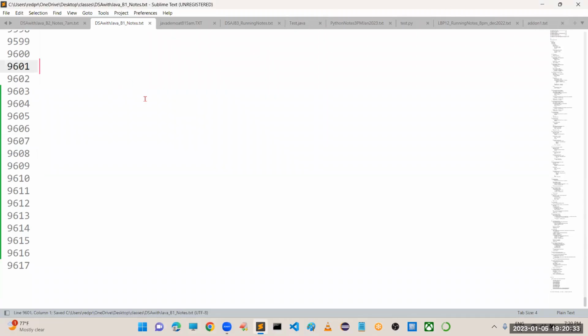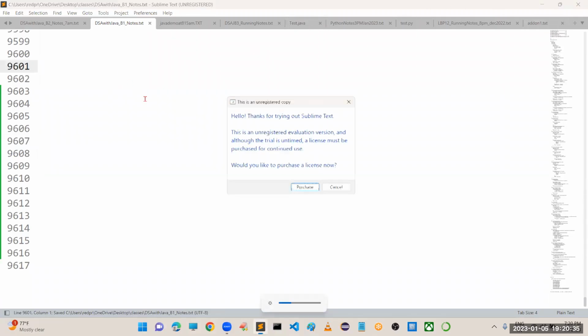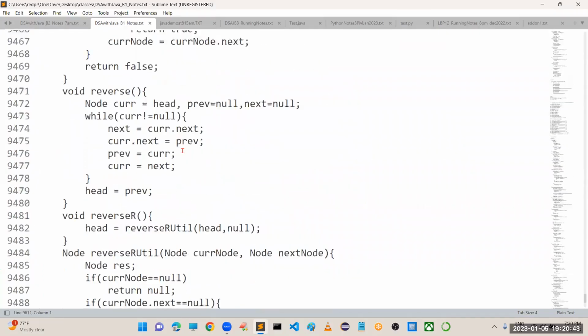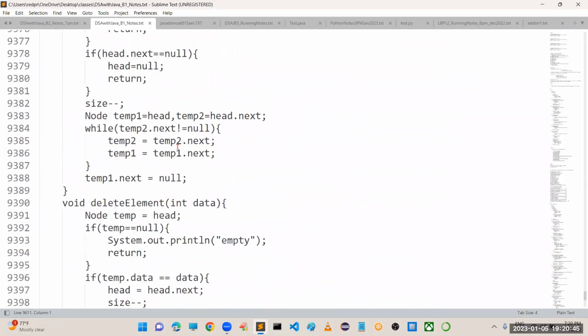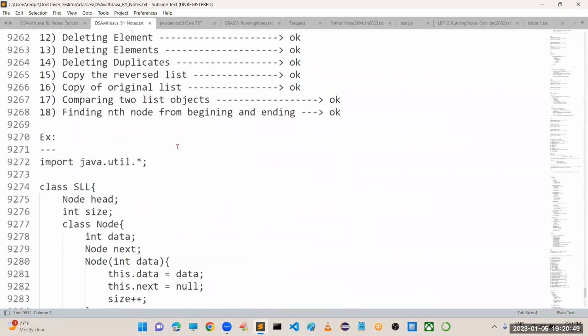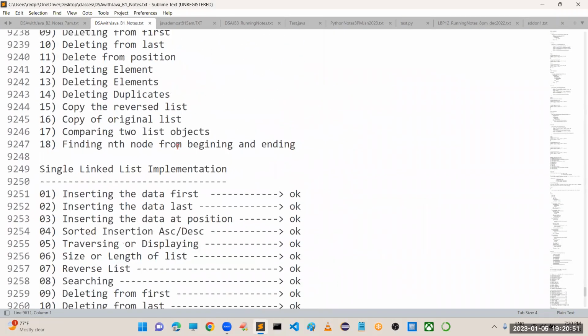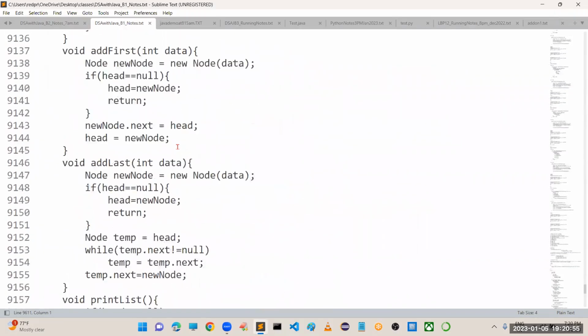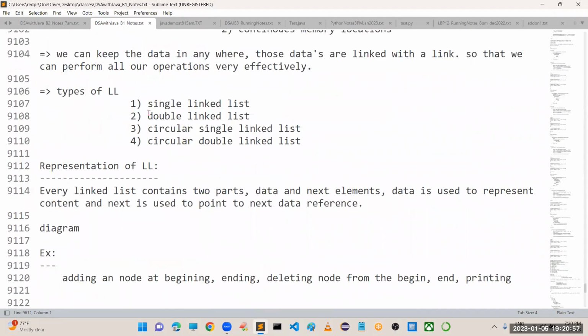Good evening, everyone. In the last videos, we had a very clear discussion about linked lists. Different types of linked lists are there, like a single linked list, a double linked list, and after that, a circular single linked list. We have so many types. We covered some basic operations on